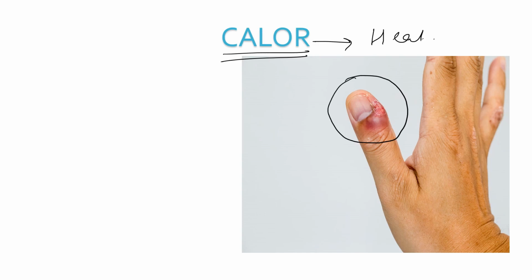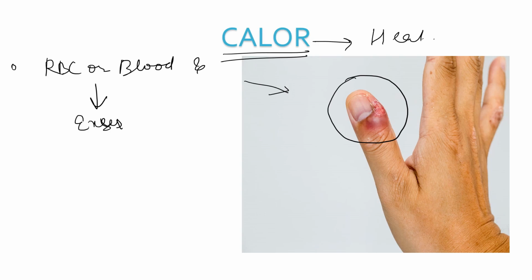Let's see. In the place of inflammation, we can see there is accumulation of RBC or blood, and due to this we can see there is excessive